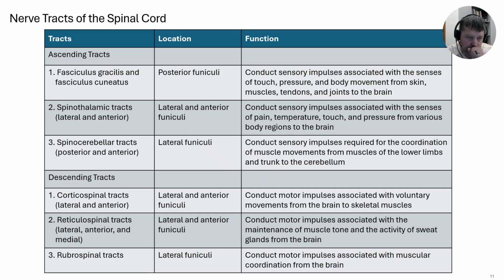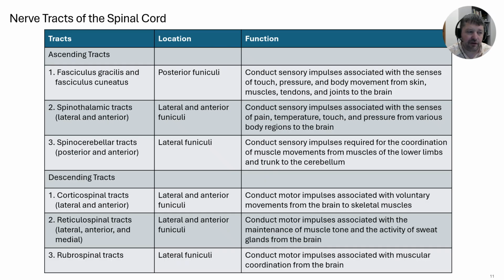So you have voluntary movement, just kind of walking, movement of the arms, everyday movement, keeping the core muscles working together. You have impulses associated with tone of the muscle, but also glandular association, and then the coordination of muscles from both regions of the body, so like left leg, right leg, that kind of stuff,